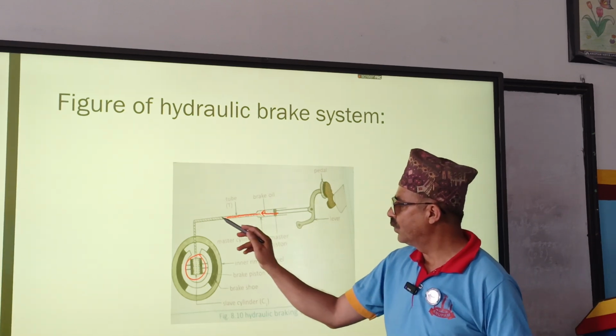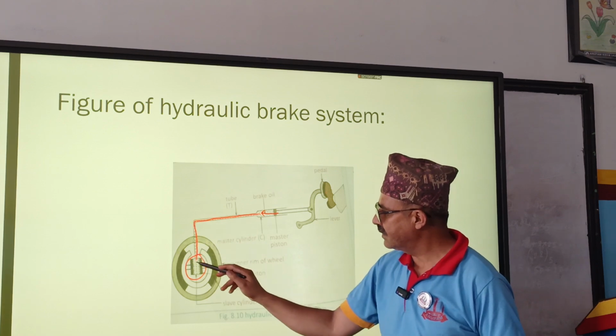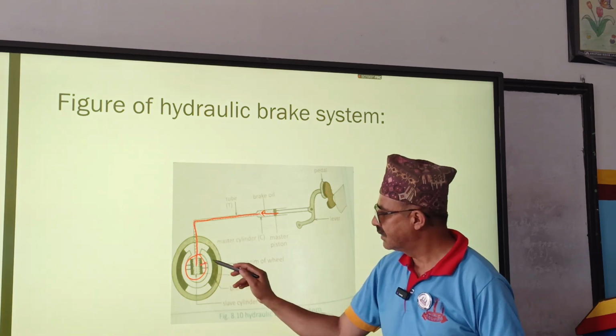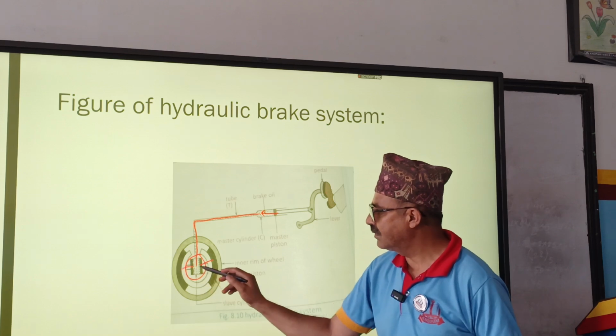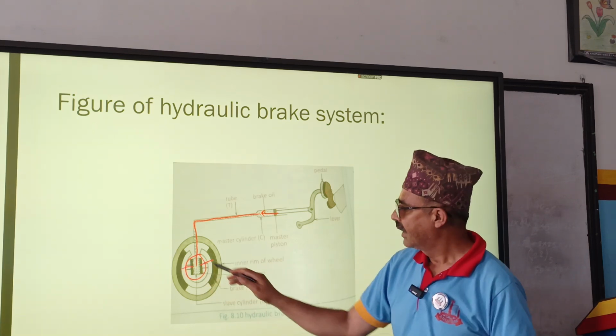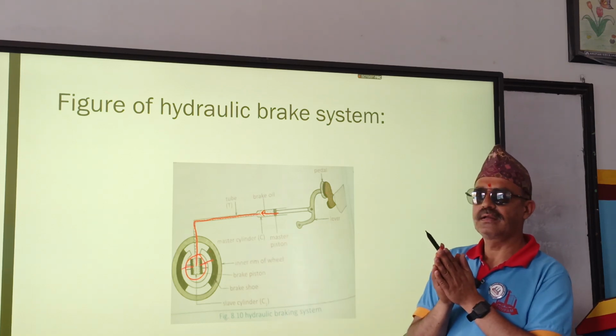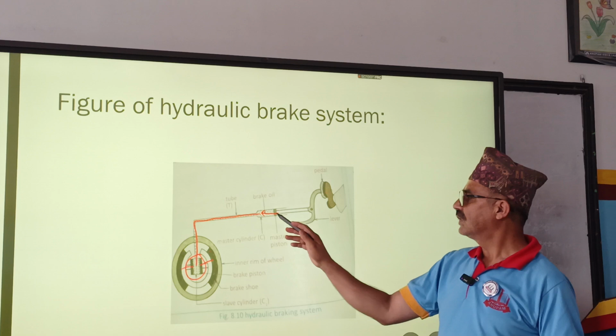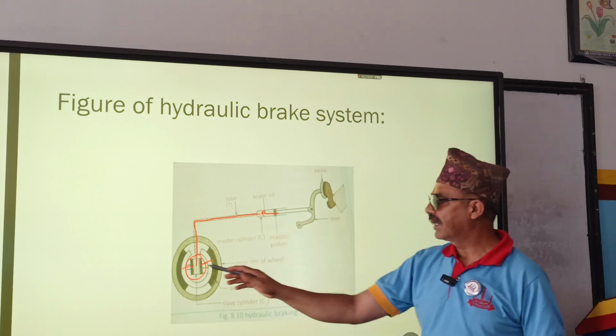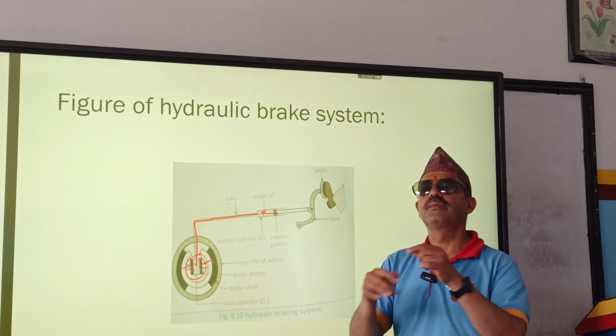Then the liquid goes here from this side and pushes this brake piston on both sides, and the wheel is stopped. The braking system is like that. And when it releases it, again the piston comes out, and here is less liquid, and no braking system is